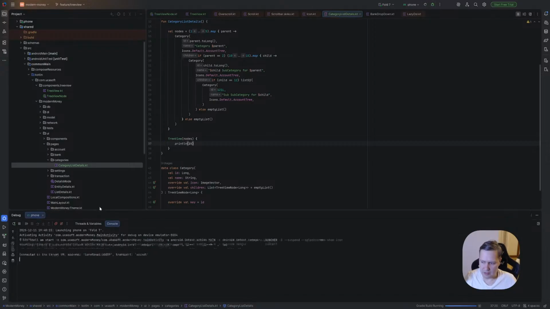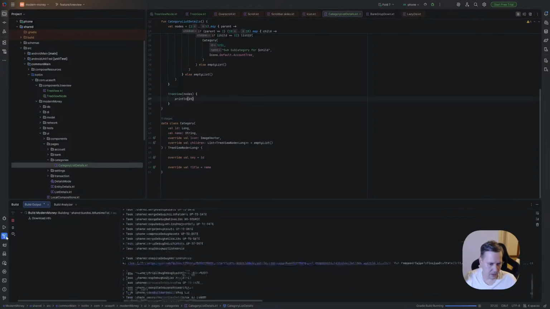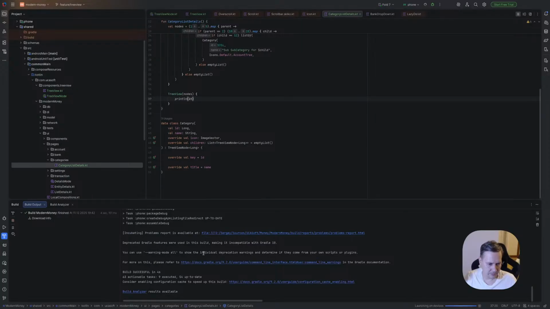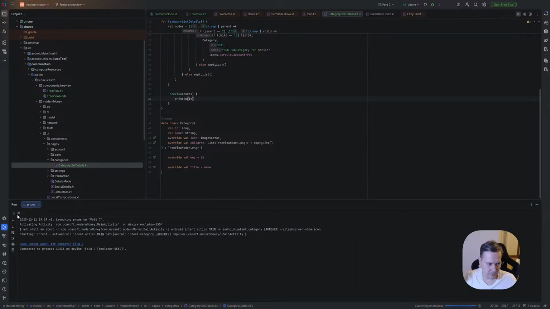So if I run it right now, okay, it should be here. You will not see the emulator, but when I click on node, you should be able to see it.